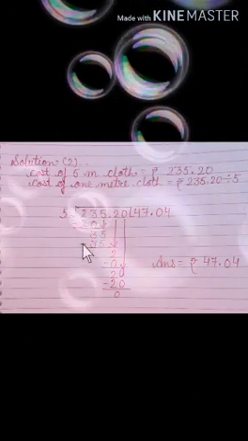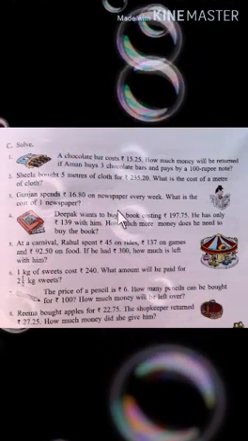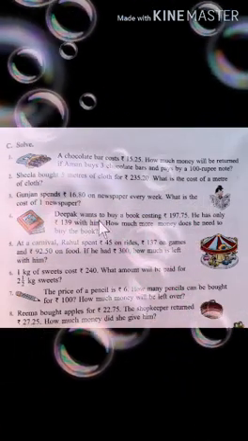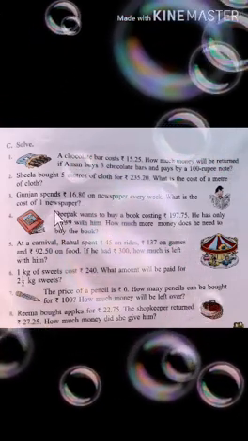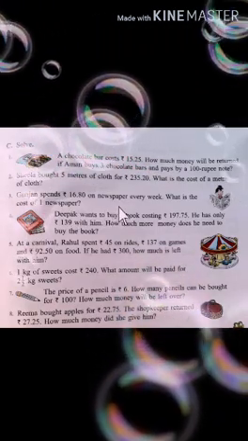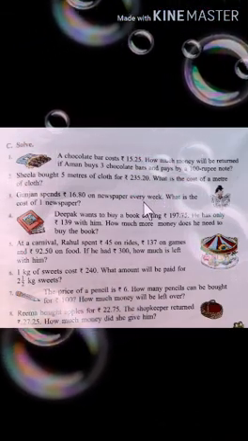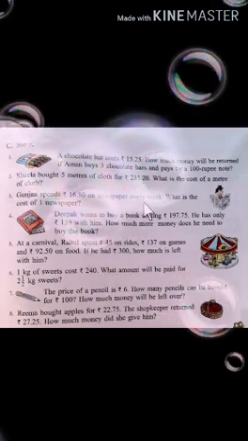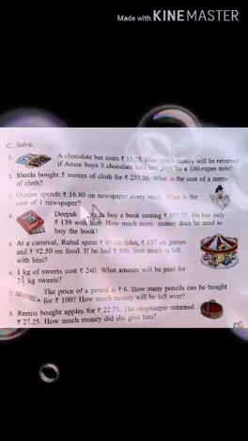Now check question 3. Gunjan spends rupees 16 and 80 paise on newspapers every week. What is the cost of one newspaper? Here also it is the same as question 2. You find out by dividing, because you have to find out the value of one newspaper. Students, check, rupees 16 and 80 paise on newspapers every week is given. It means every week, 1 week is 7 days, it means 7 newspapers. That is the cost of 7 newspapers, and you find out the cost of one newspaper by dividing.